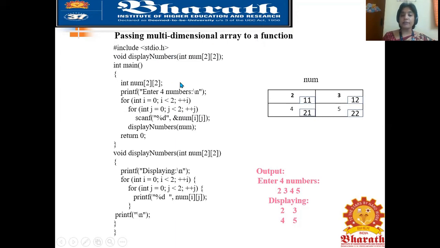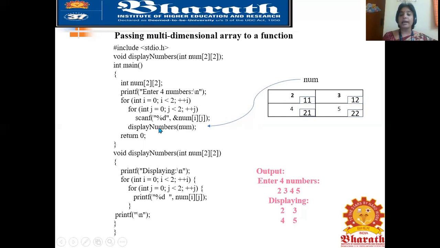So in this case, we have declared an array named num, which is going to be a 2 by 2 matrix. To enter the values of this 2 by 2 matrix, the user is going to give the values. So we are going to use two different for loops and this scanf to get the inputs from the user. Whatever values the user gives as input will be stored in the num matrix. So this num matrix is going to be a 2-dimension array. In math it is called a matrix, but here we'll say it as a 2-dimension array.